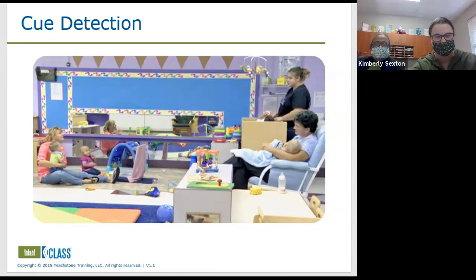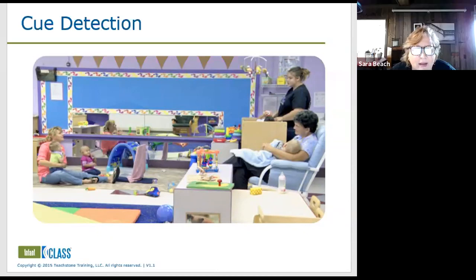Yeah, and that's the thing about putting on the CLASS lens: we can get distracted by things like that. It's real easy to get distracted by things that are misplaced in the room or dangerous or whatever. But we want to keep our focus on the interactions, and it gets difficult to remain really objective when you go into a classroom. But as far as the baby's cues, they were giving off all kinds of signals, right?